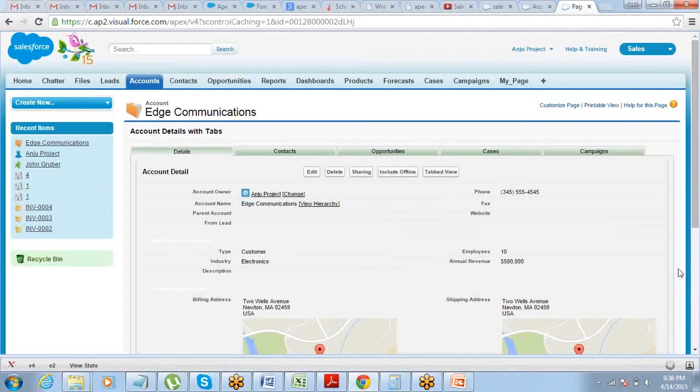Okay, so these are four different ways of calling the Visualforce page, or pointing to the Visualforce page. The first one was overriding the standard page. The second one is creating a tab for it. The third one was embedding a Visualforce page inside a standard page, and the fourth one is creating a button to take you to the Visualforce page. So these are the four different ways of doing that. All right. So just have a quick look onto